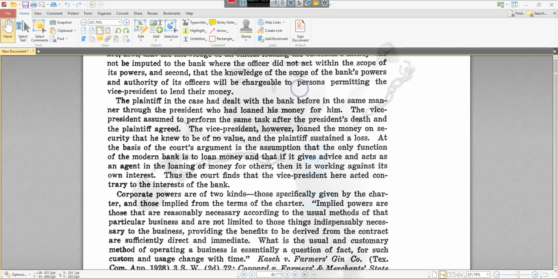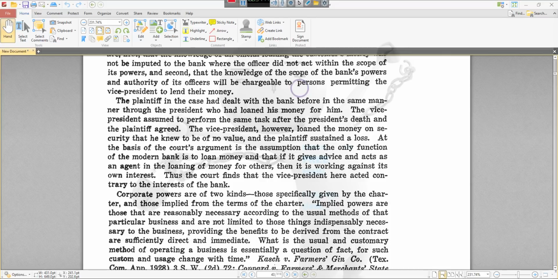Basically, the court is saying that the bank had the right to loan the money. It had an agreement with its bankers, the same as they have an agreement with you with your mortgage to trade it on the market. If they offer advice regarding that, they say that they didn't have the right to offer that advice when lending that money. If he offers advice, if he acts as an agent, then guess what? He's acting ultra vires, acting against the interests of the bank, and is without the authority to do so.